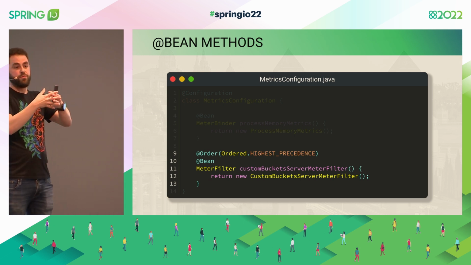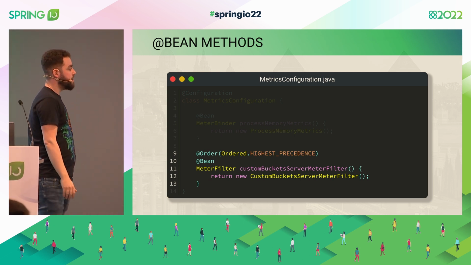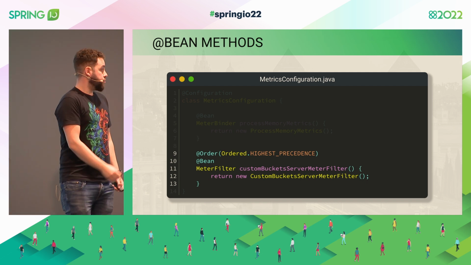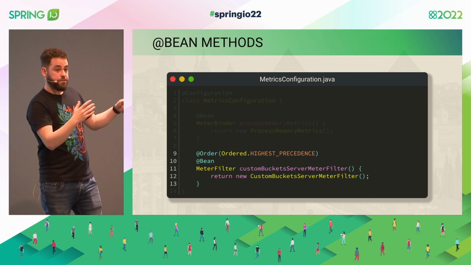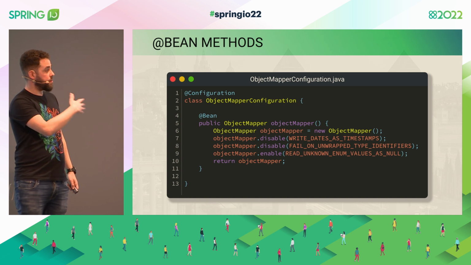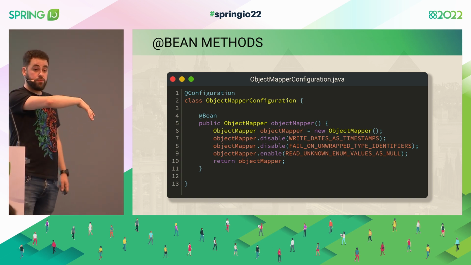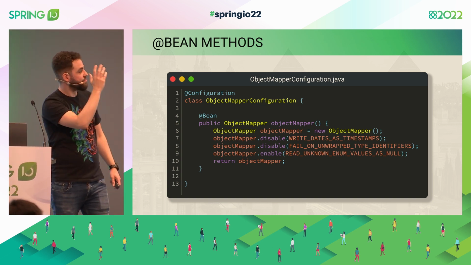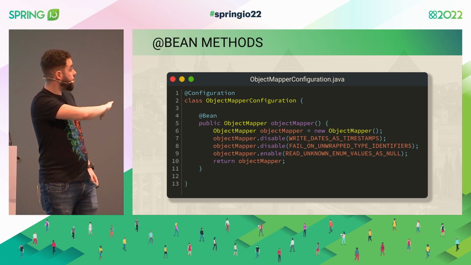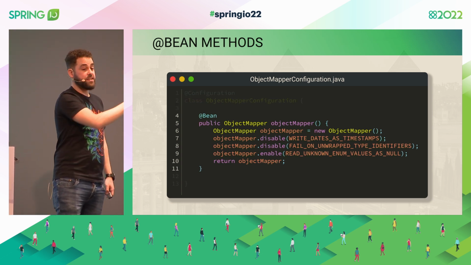So when we aggregate on Prometheus, we don't kill the Prometheus servers. So we can just add new stuff, customize default ones. Apart from metrics, we can also talk about serialization we mentioned before. There might be 1,000 different ways of doing this. One way would be as simple as just providing an instance of ObjectMapper.